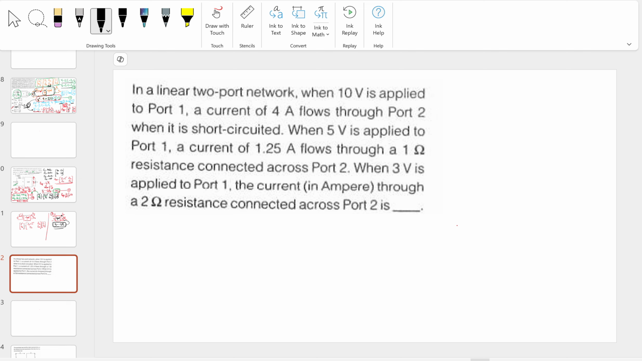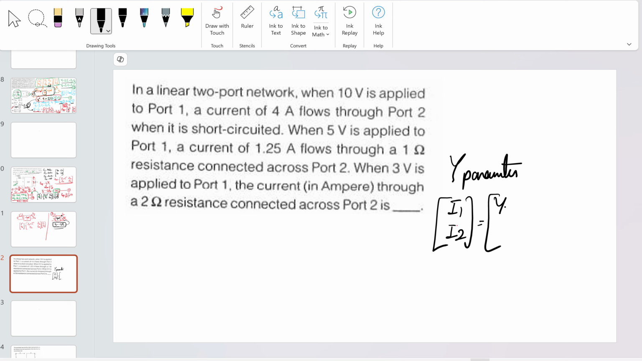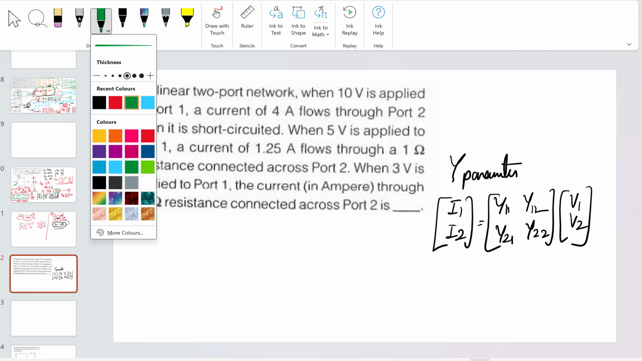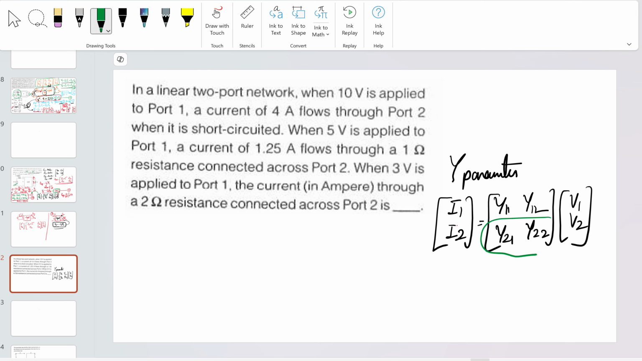Here one hint is to use the y parameter. The second equation of that, I1 I2 equals the matrix y11 y12 y21 y22 times v1 v2. Use the second equation of that, this part: I2 is equal to y21 v1 plus y22 v2. That will make you understand and it'll be easy to